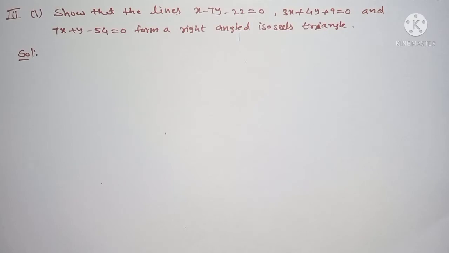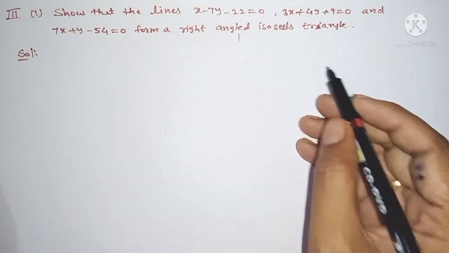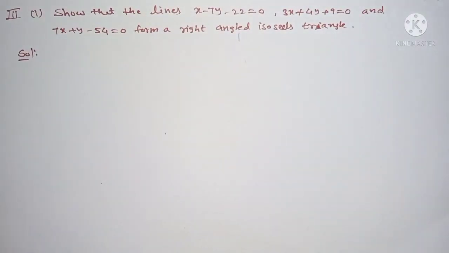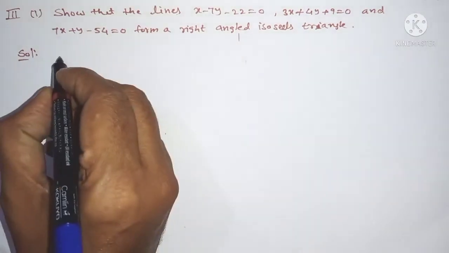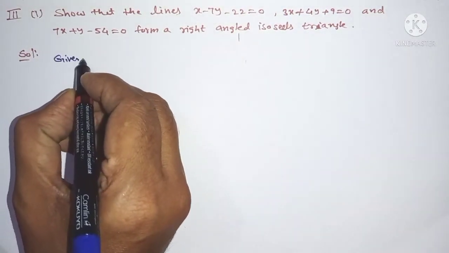Here you are discussing only angles, so I am taking the angles only. Why 90 degrees? Which lines are at 90 degrees? If it is 90 degrees, observe here the given lines.